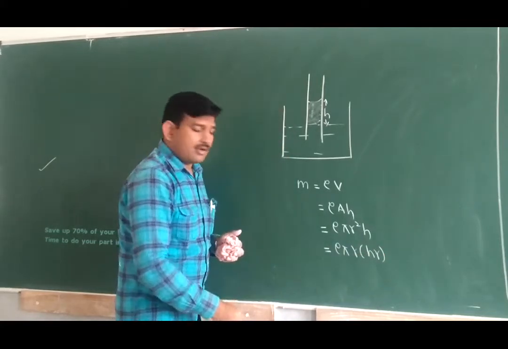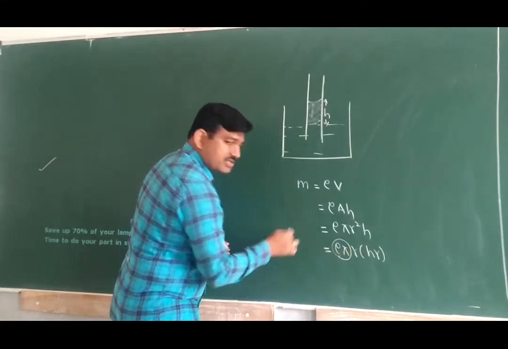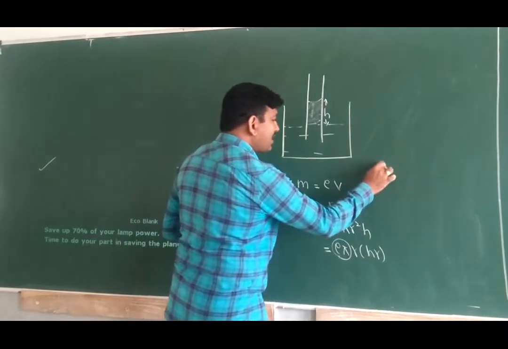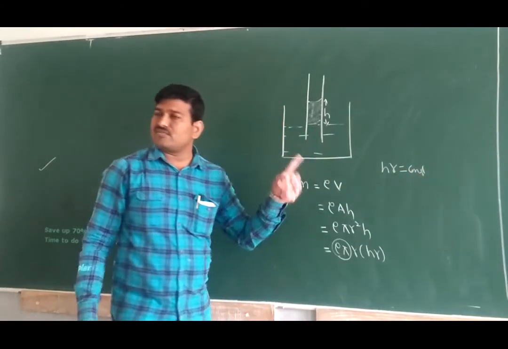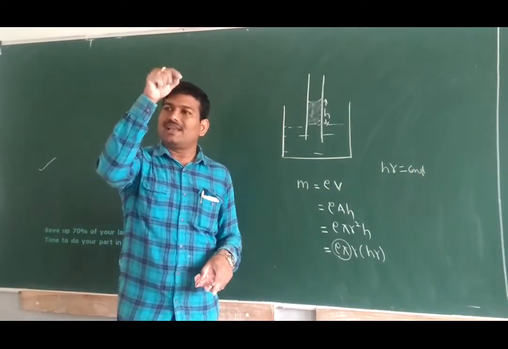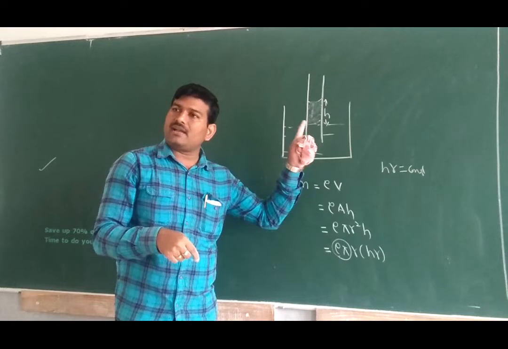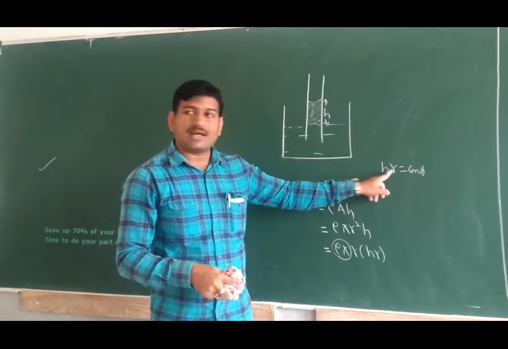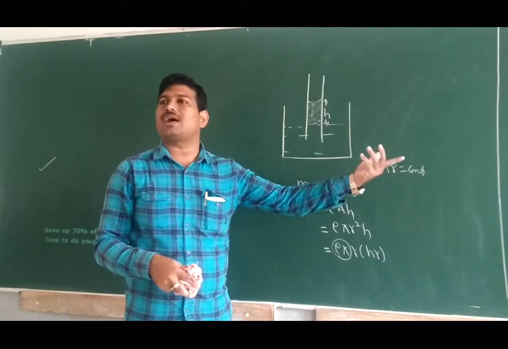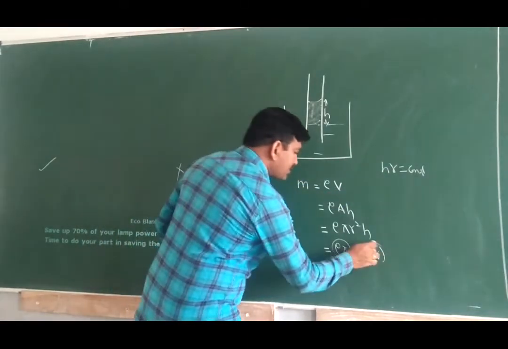So if you see, density of water is constant, pi is constant. According to Jurin's law, h into r is constant. That means the less the radius of the capillary tube, the more the height it rises. Less the radius, more height. More the radius, height is less. So if the radius is doubled, height becomes half. Anyhow, h into r is a constant.